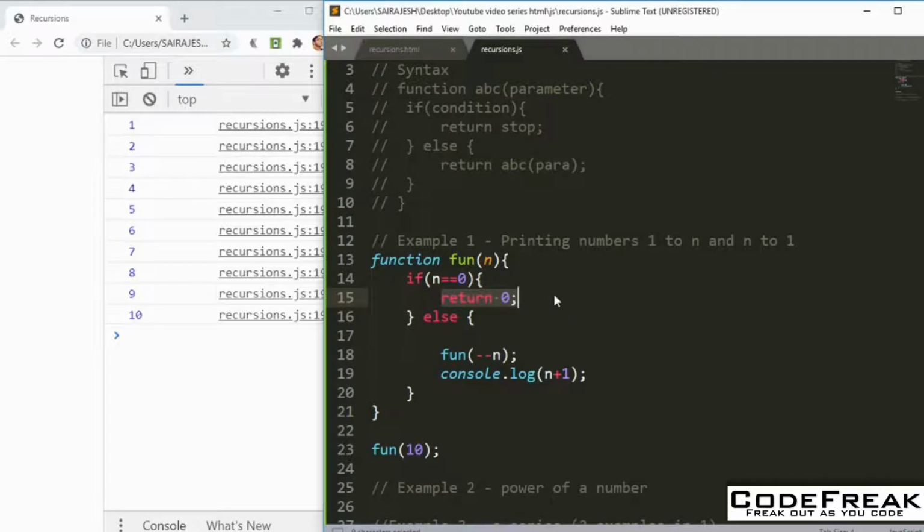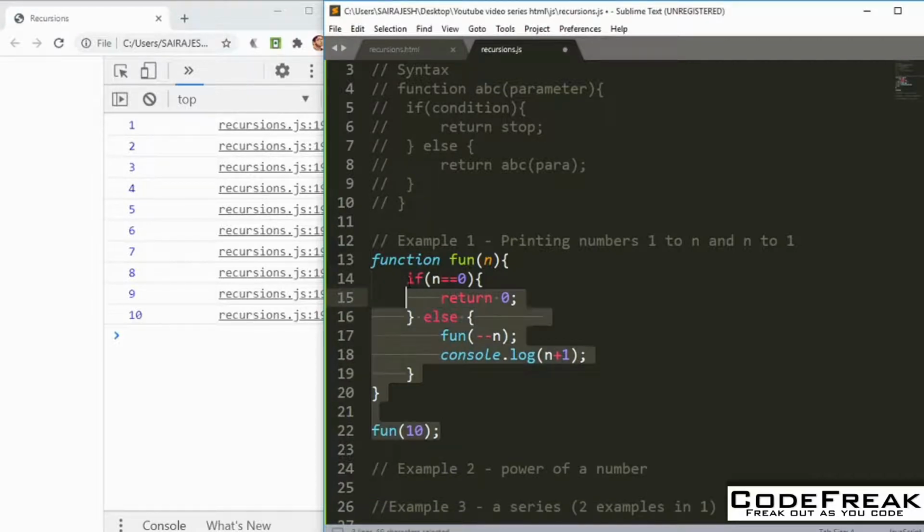So once it returns 0, what happens? Function of 0 comes out, and then what happens? You are doing console.log of this particular thing for when n is right now 0 in the function of 1 problem. Okay, so that's how it works. So in function of 1 which was called, n has become 0 because you're doing minus minus n, so n has changed, right? So that's why you got from 0 to 9 in the beginning, and then you have to put n plus 1. So in that same manner it comes back again and again. So just look at how it works, maybe think of it again. I think you'll surely understand it.